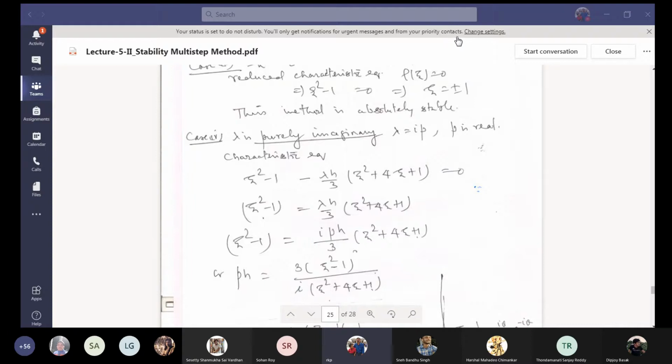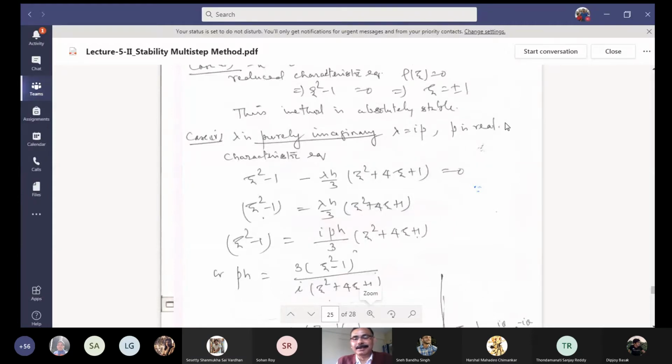Did you get? Yes, sir. We'll get it lies between 0 and 3. Pardon me, what is that? Bound for pH? Closed bracket 0 to 3. No, pH is always strictly greater than 0, right? So in that case, it will be open bracket 0 to closed bracket 3, open at 0 and closed at 3, right? Yes, sir.